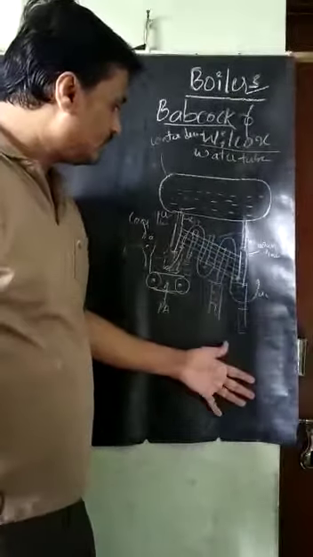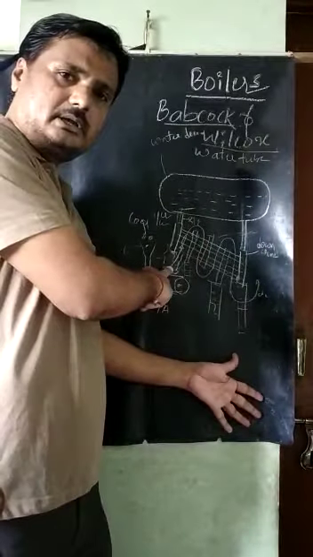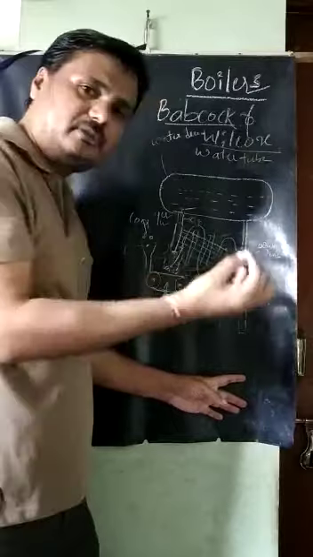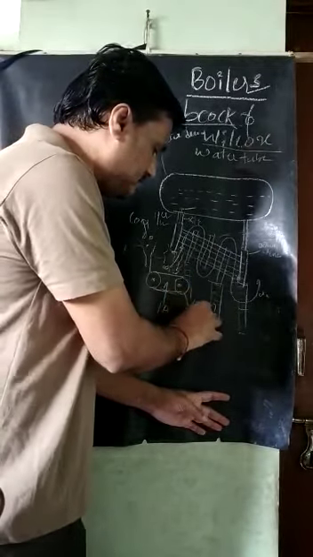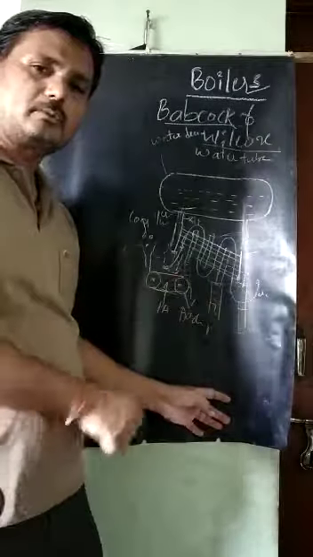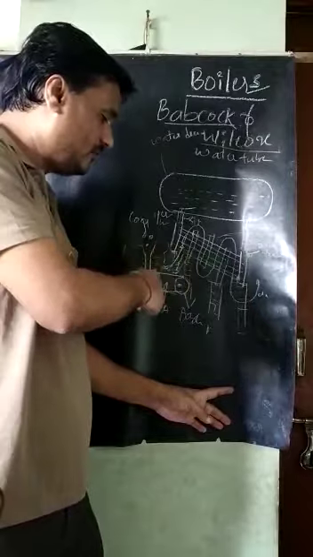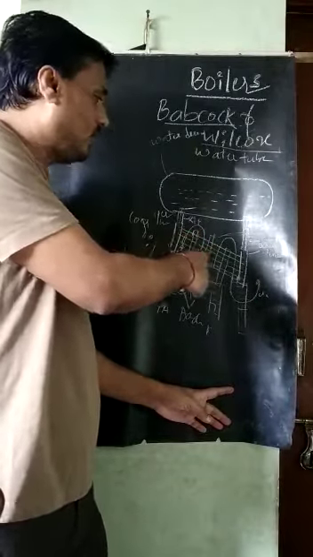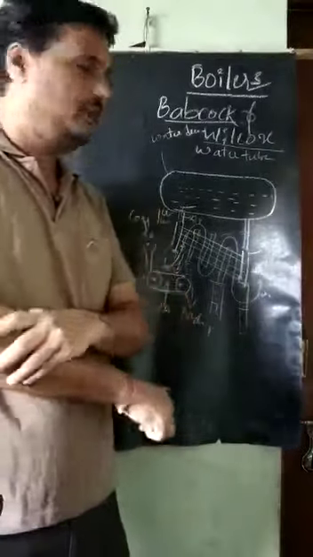Okay, so next, this is what happened here. Fuel is taken here. After the fuel burns, the ash comes here. That ash will be collected at the ash pit at the bottom. Like that, coal or fuel is continuously supplied and burned, flue gas is generated, heat is given, and water is converted into a mixture of vapor and steam.